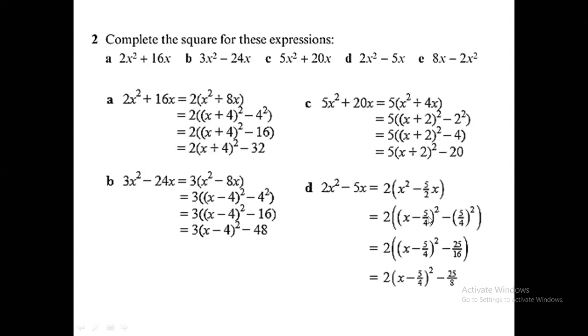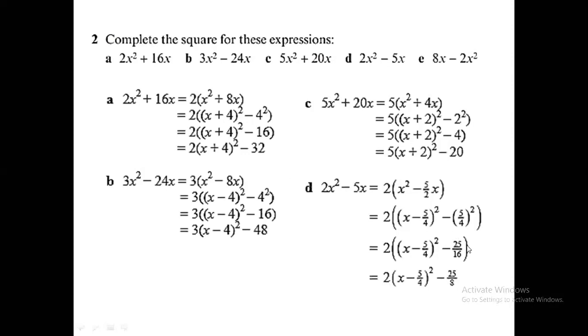If you are not familiar with how this came about, just take half, which means multiplication by half, into minus 5/2. Take your calculator and apply it and you will get the answer minus 5/4. Then you can write x minus 5/4 whole thing squared, minus the square of that number, 5/4 whole thing squared, that is 25/16. This minus came over here.